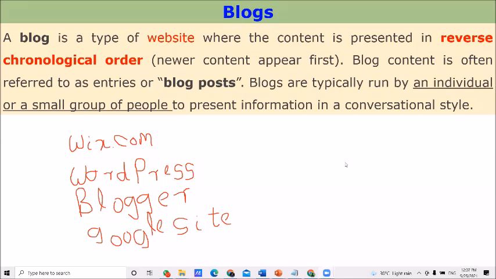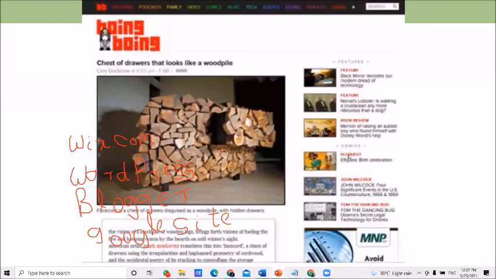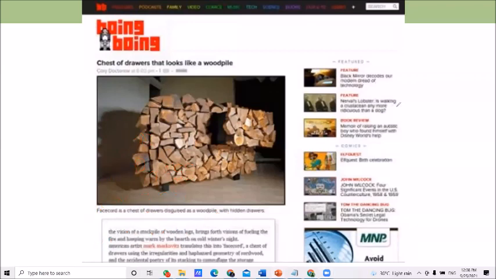Look at some pages here. These are example websites. You can see at the right side some comments. Some people have posted these comments here.